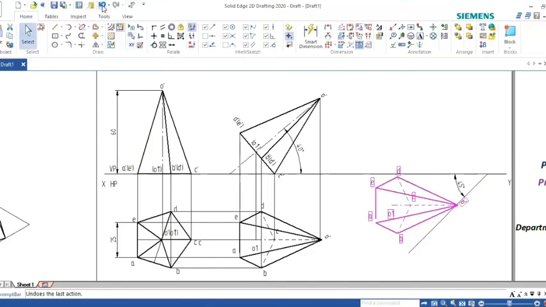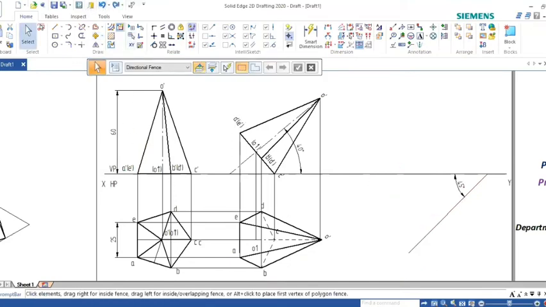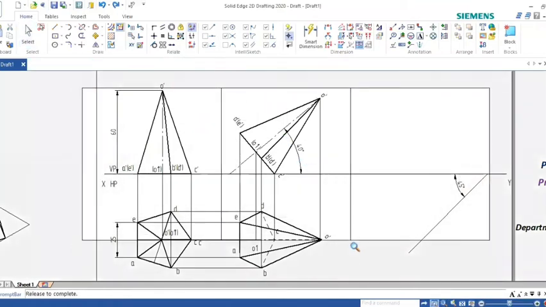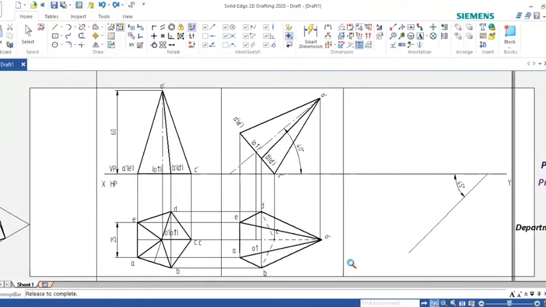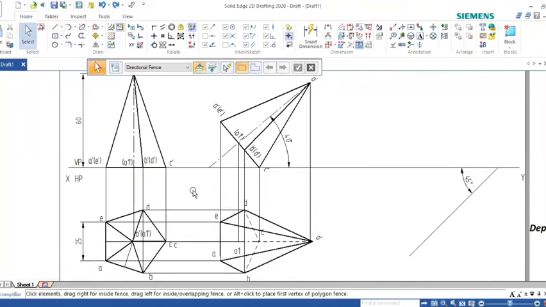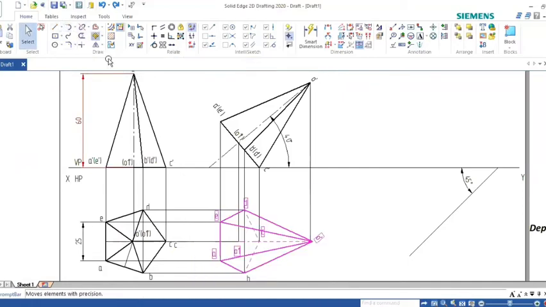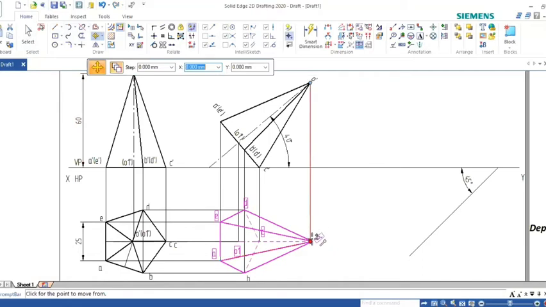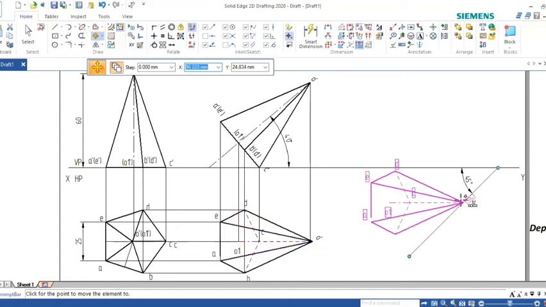Undo. A little bit if you want, you can zoom this area. Select this drawing, the previous top view. Move. Select O. Place here, and it will be highlighted.